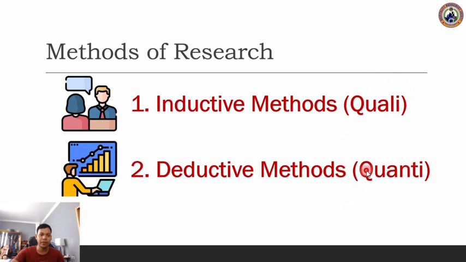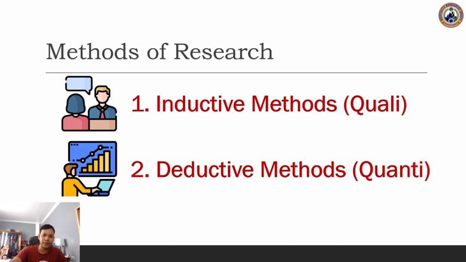But for the quantitative, as you can observe, and I do believe that you also experienced this during your senior high school or junior high school, you print a number of questionnaires and then you distribute them and let the respondents check or answer all the questions in your questionnaire. So you will collect the 4, 3, 2, 1, highest, lowest, etc. So we will conduct the deductive method, the quantitative, in your case.